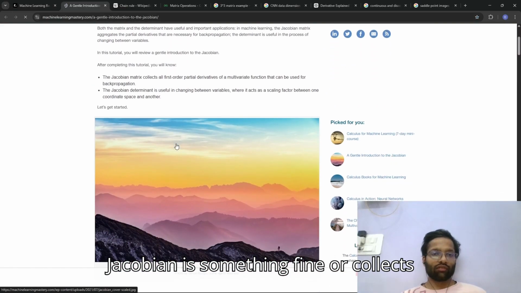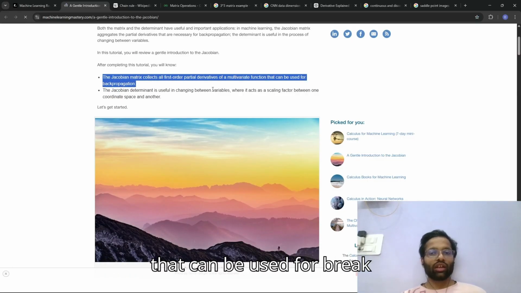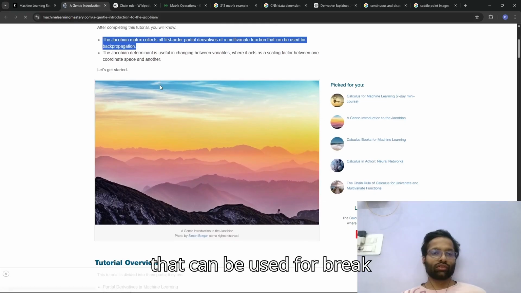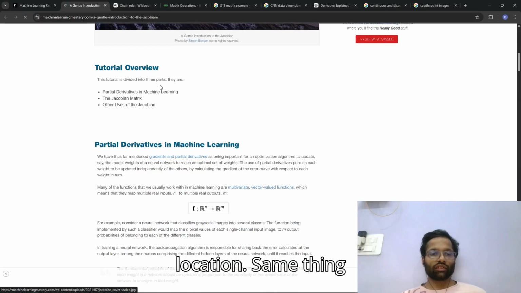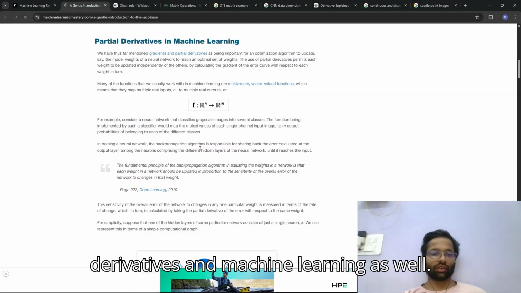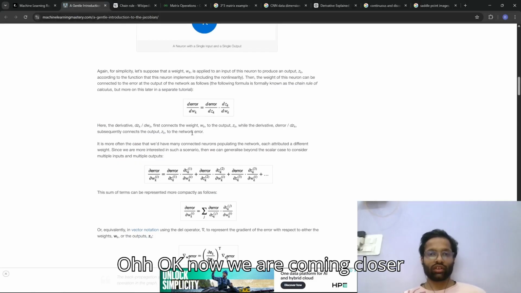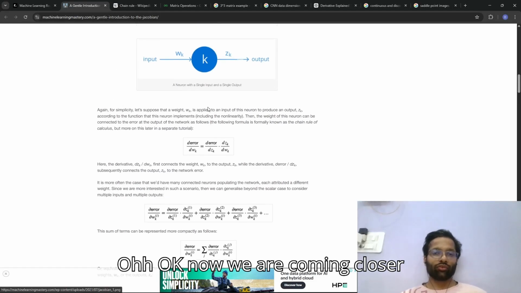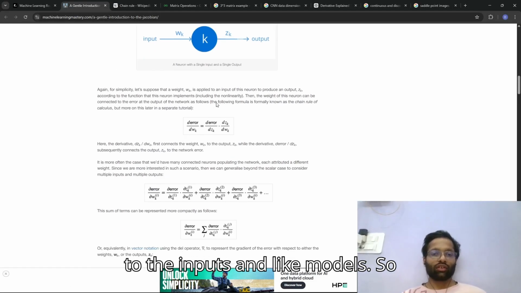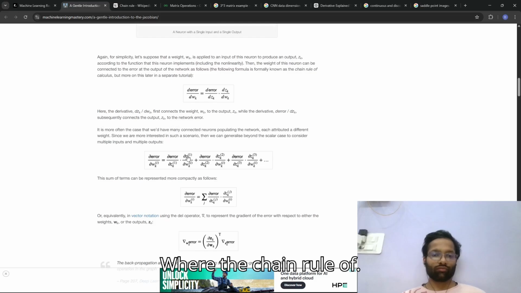The Jacobian collects all the first order partial derivatives, and that can be used for backpropagation, changing between the variables. So partial derivatives are used in machine learning as well. Okay, now we are coming closer to the inputs and models. So error, what is error? By the chain rule of